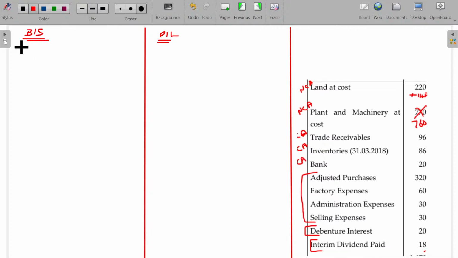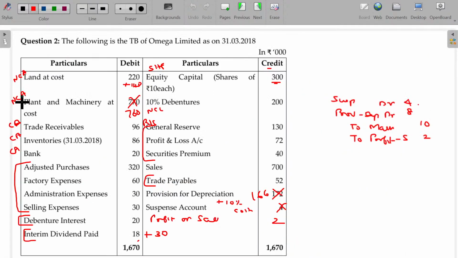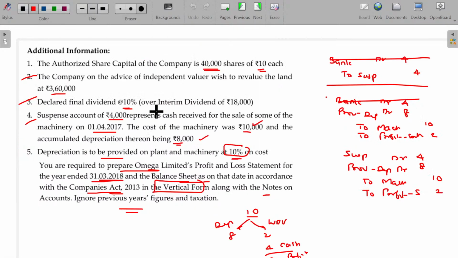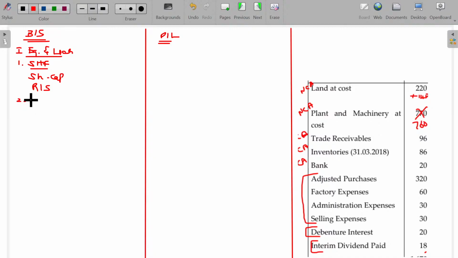Now, equity and liabilities. Under that, shareholders' funds. You have share capital, reserves and surplus. Share warrant is rare, as well as share application money received pending allotment is also rare. Directly go for non-current liabilities. Do you have non-current liabilities anyway? Of course, debentures are there, so non-current liabilities and current liabilities, total,